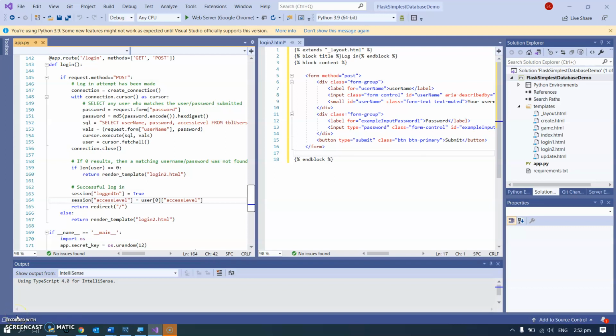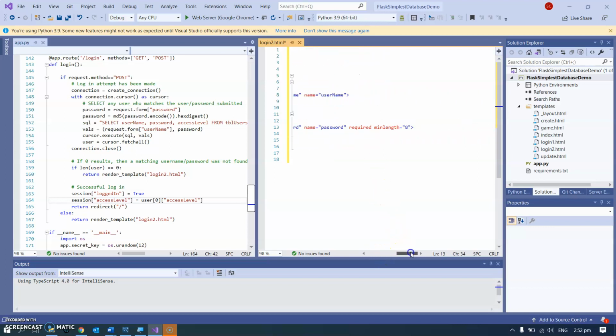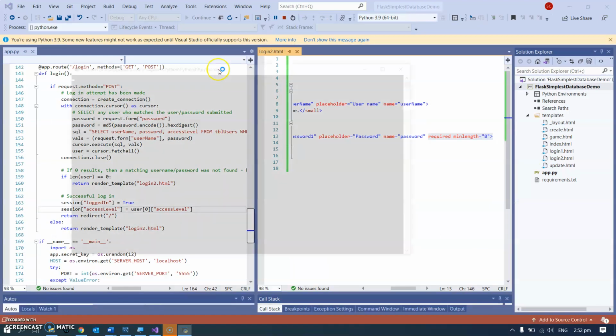So recapping what we did with form validation, I've started over here with my login form, username and password. I've just, to start with, done HTML validation. So on the password field I have added these two things. I've added that it's required and I've added a minimum length. So what that looks like in any moment